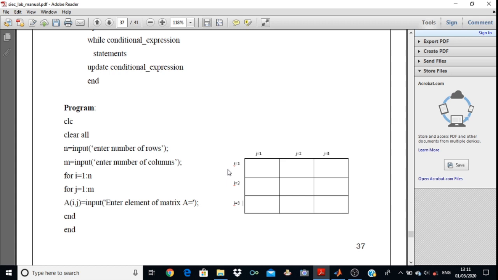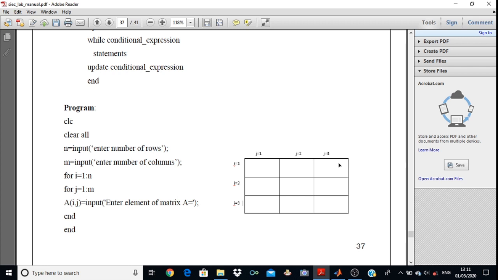So now i equals to 1 and j equals to 2. You type your second element. Now again update the j value. So you will get i equals to 1 and j equals to 3. Then you enter the third element. So for entering any element, there is one function, and that function is the input function.